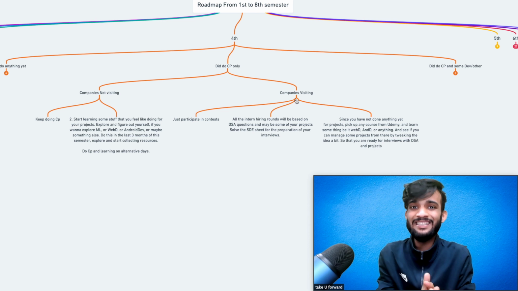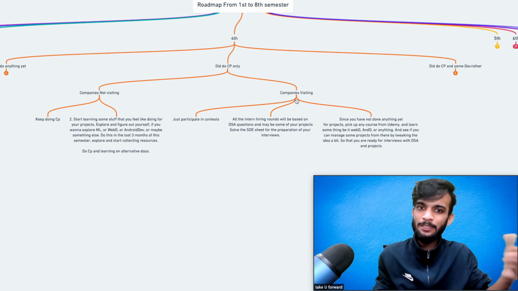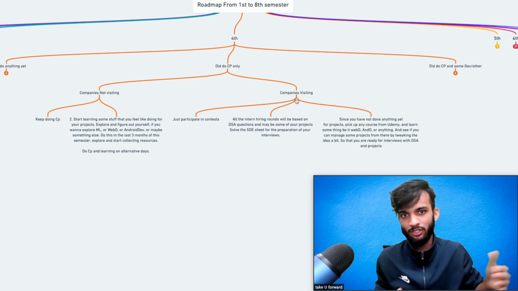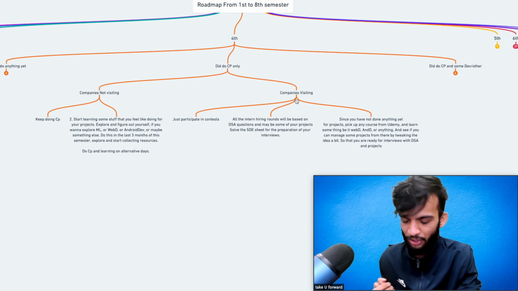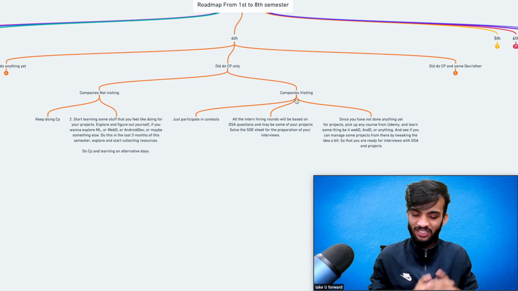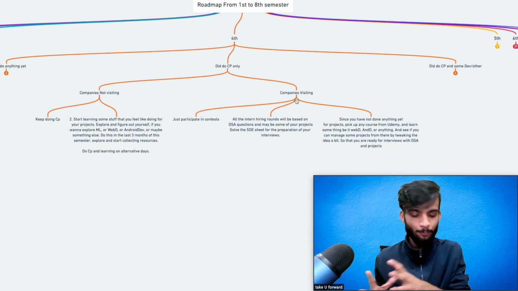Start with the SD sheet, because the basic DSA you would have already covered by doing CP for the first, second, and third semester. You'd have covered that. So what you need to do is complete the entire SD sheet. Now, since you'd have not done any project till now and there are